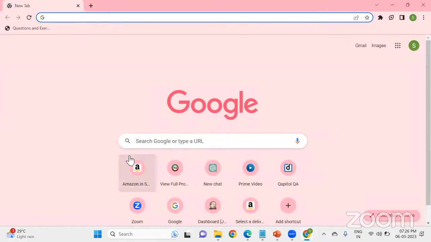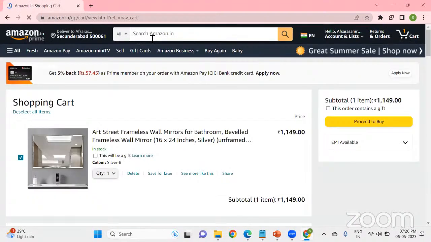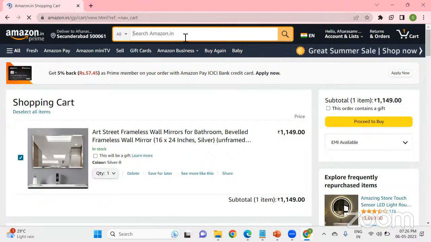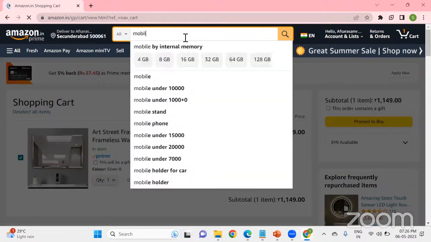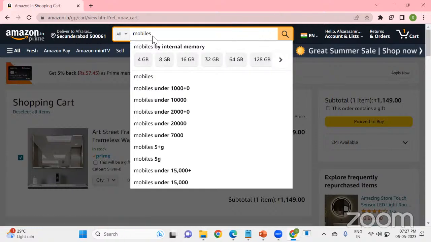If you see here, Amazon, and you try to type something here like mobiles, it is giving you some suggested options. This is called as autocomplete feature. We will be writing a program to test this function. And now see here,